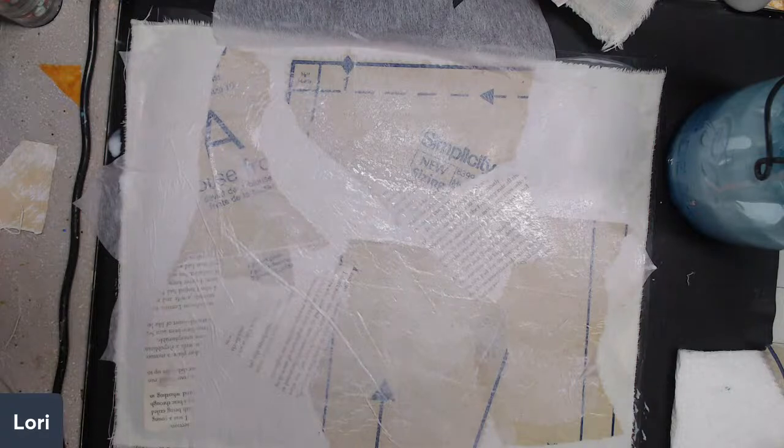So let's see, what else do I have? I do have some tissue paper. And I'm going to put some of that down. So just like collage or any mixed media art, you're building layers that you might not